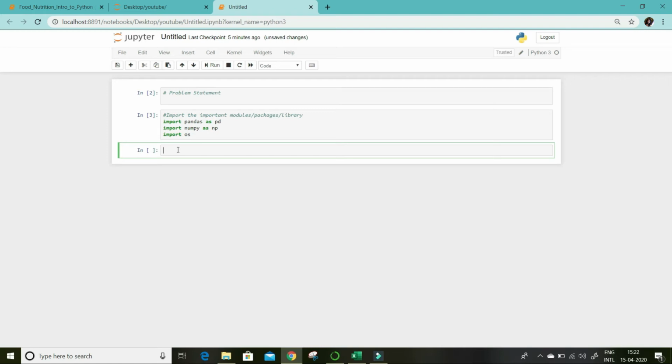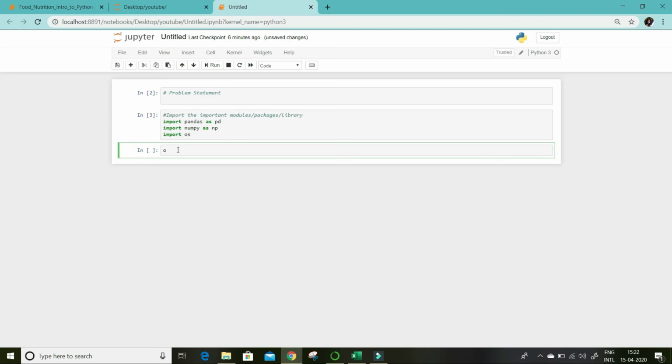What we will do is set up the working directory also. What do you mean by working directory? Working directory means the place from where your data set would be read, or where you will store your Python code, or where you will store the output of this code if you want to store it in some Excel or CSV format. It is like a folder that you are working in, like a normal directory that you set in your system.